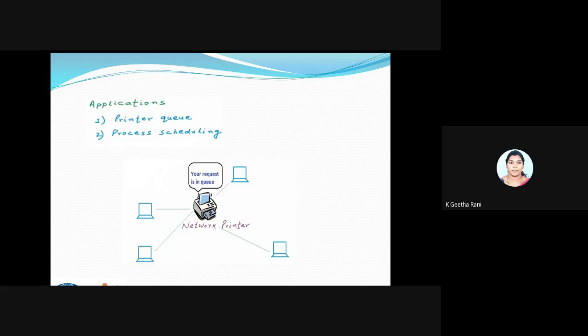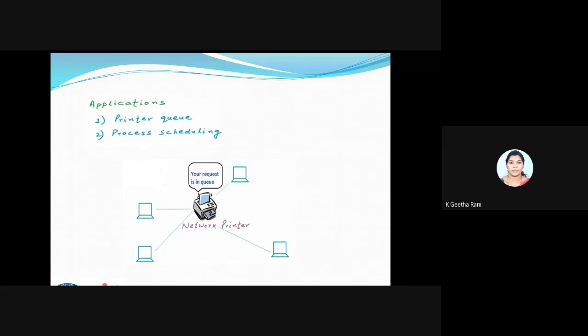So if a request comes, the printer can't say that I'm so busy, I can't do all those things. What the printer will do is, it has a program which is going to manage the printer. That program will be putting all the requests in a queue. So the printer keeps printing the requests from the front of the queue. The first which comes will be out. This is one of the applications where the queue will be used in networking, printing, and so on.